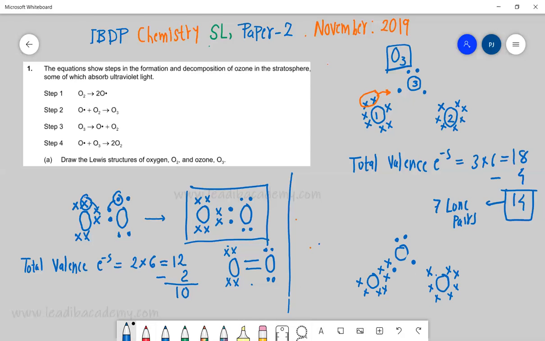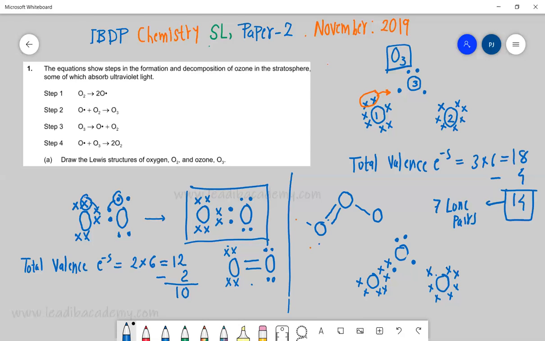Now you can see easily that each atom contains 8 electrons, including the central one. All 3 are completing their octet, and it means that the final Lewis dot structure would be like this. It can be represented like this: